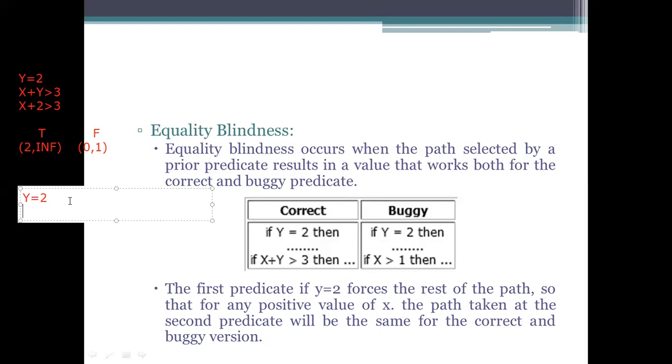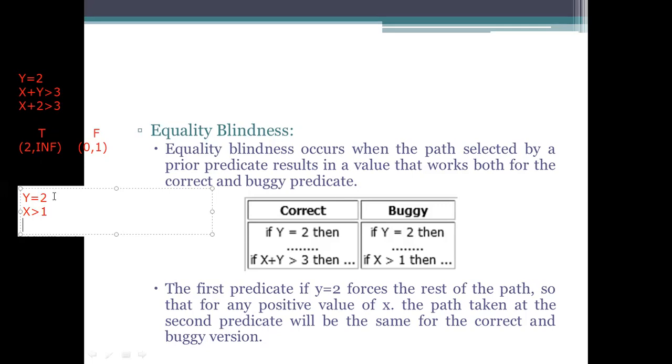So what happens here? In this representation, if y equals 2, that's all. And then x is greater than 1. What happens here? It is allowing to take the values. Why is it taken as x greater than 1? See here, in the previous representation, it was allowing x to be greater. So the x value should be greater than 1 and it starts from 2. Whenever we are taking y equals 2, then it is allowing this one to execute.